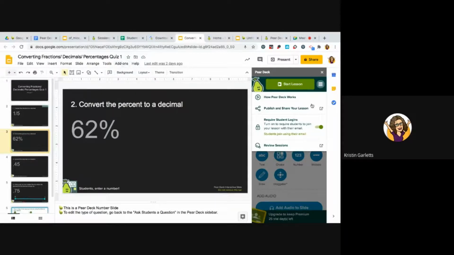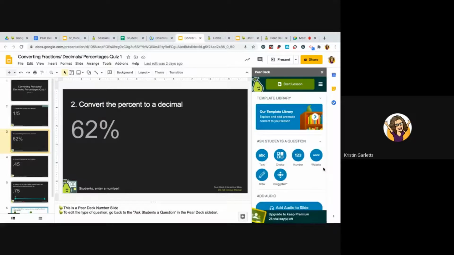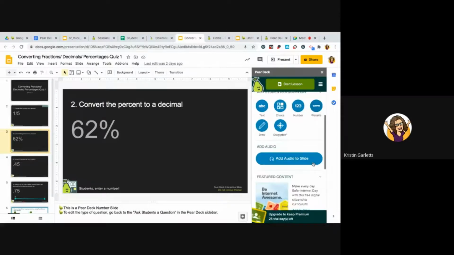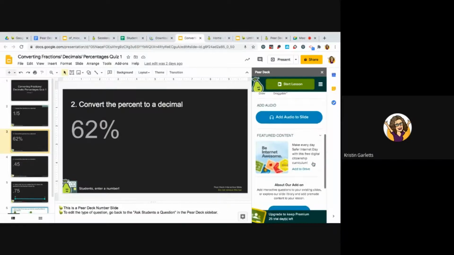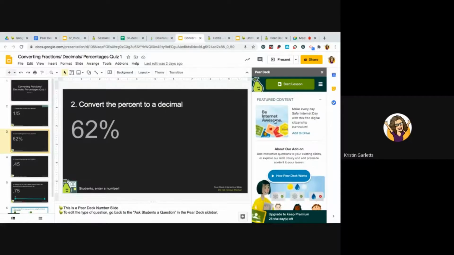Let me close that. You can scroll down in the sidebar on the right here to the Be Internet Awesome tab and then actually add to Drive a whole bunch of already created presentations that are ready to go. So when I go to my Drive, because clearly I'm not going to click on that,